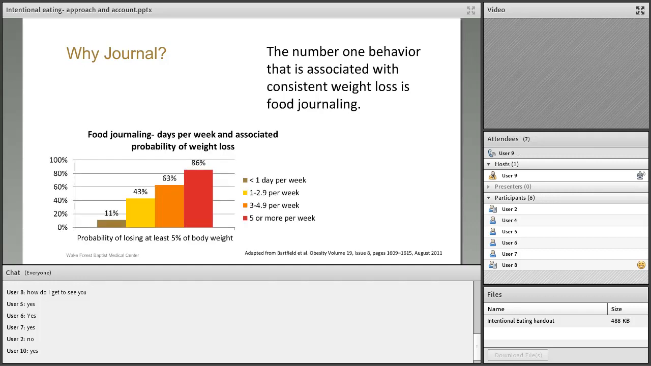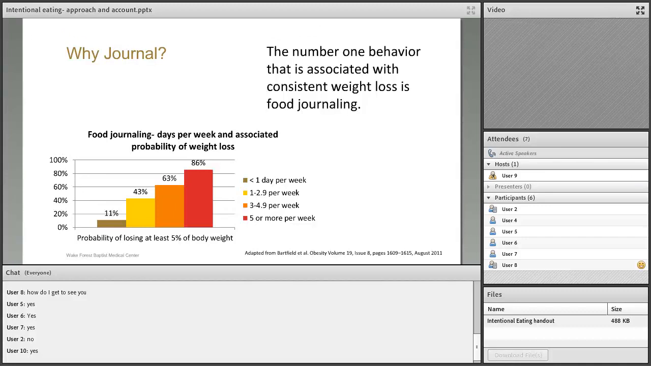And here's an example of a study that Dr. Bartfield and I did a few years back. What we did was we looked at weight loss outcomes in a study called the Premier Study. And we saw that individuals here in the red bar who were journaling 5 or more days per week had an 86% probability of losing at least 5% of their body weight. Compare that to journaling